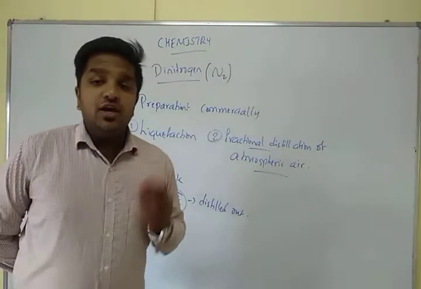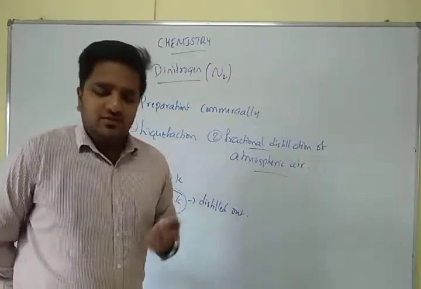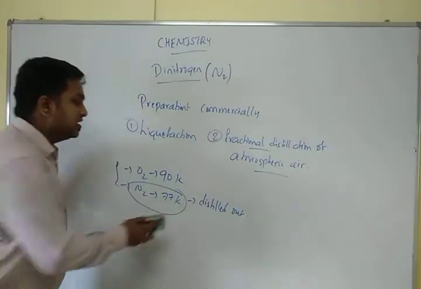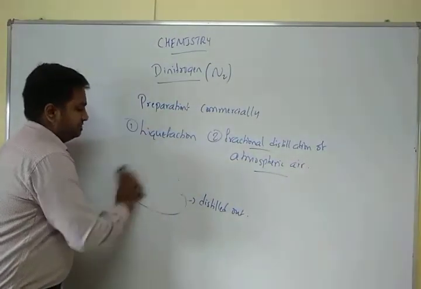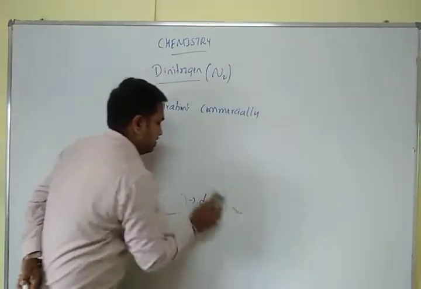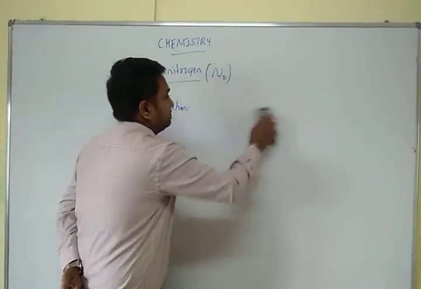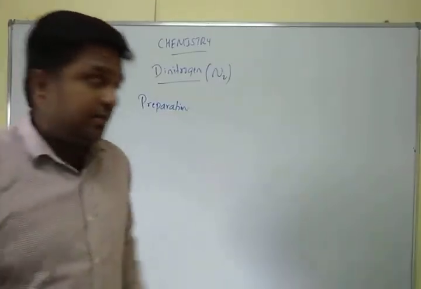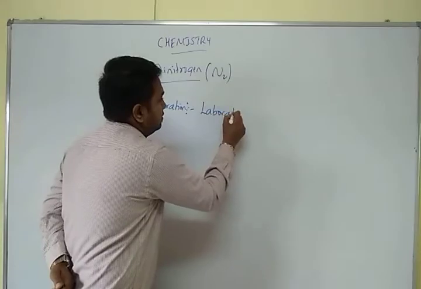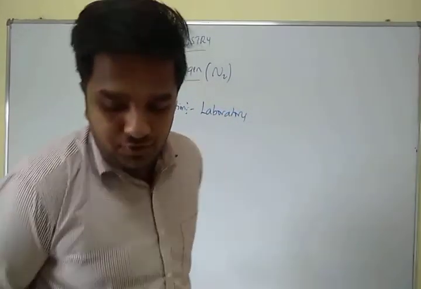So it requires a huge amount of money. That means it is economically difficult. Clear? So in order to prepare dinitrogen in small quantities, we will use the laboratory methods. This is the commercial preparation. And in the laboratory, that is small scale preparation, we can prepare dinitrogen by